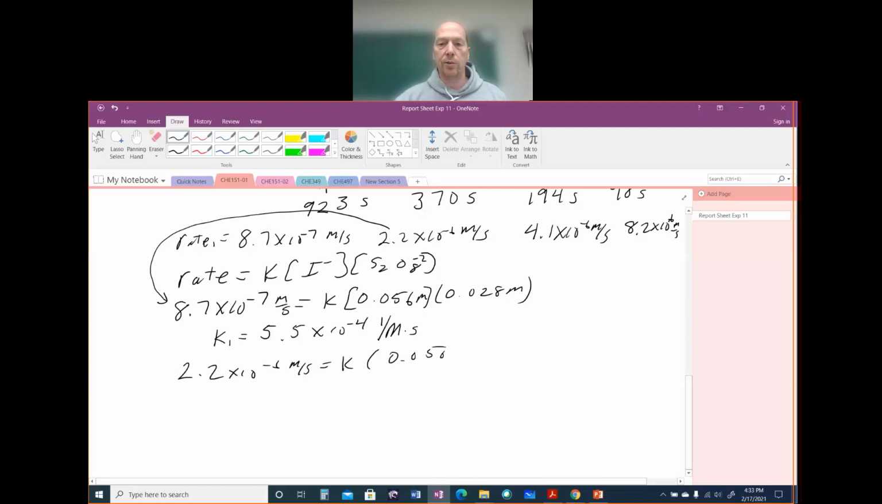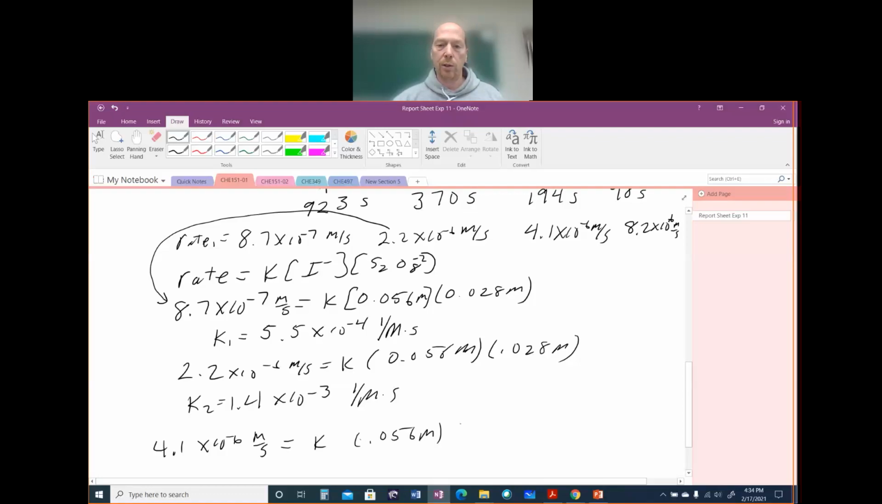We've never changed the concentration of the I minus. We've never changed the concentration of the S2O8. We only changed the temperature in this experiment. And so the second K value is 1.4 times 10 to the minus 3, 1 over molarity times seconds. Then we plug in the 4.1 times 10 to the minus 6 molarity per second. That is equal to K,